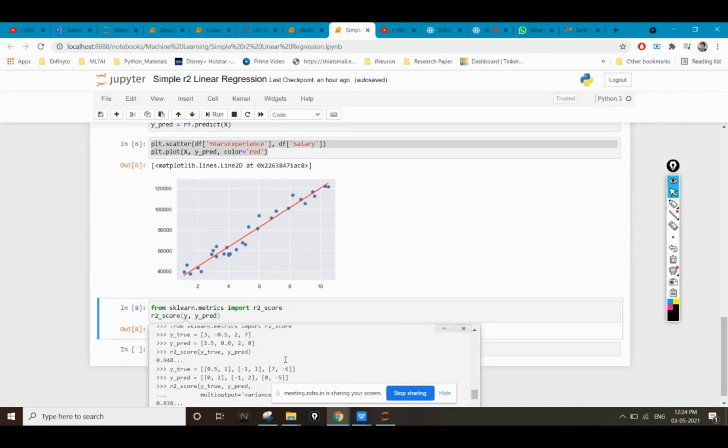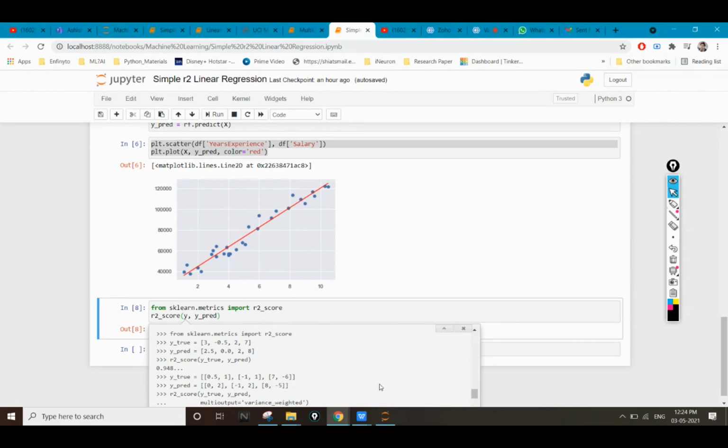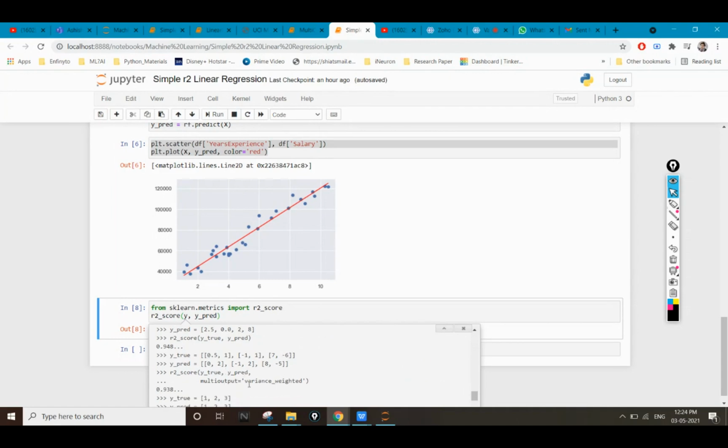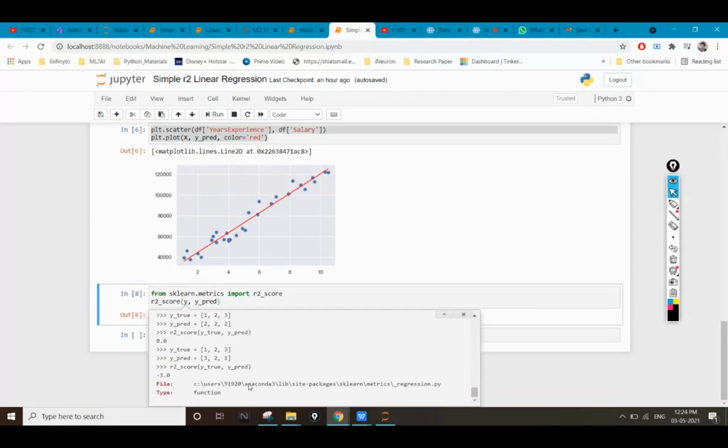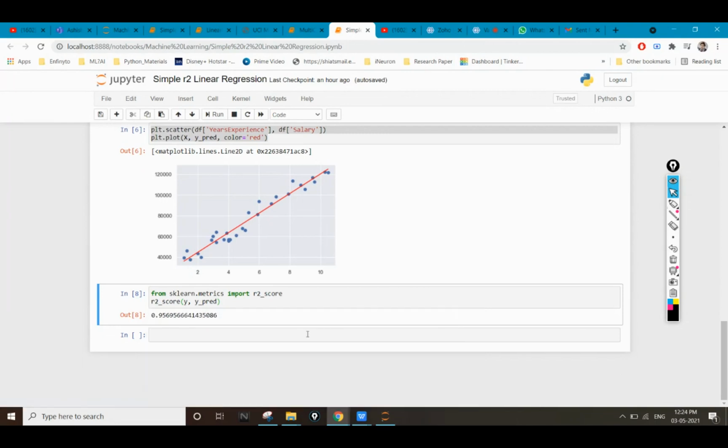See here, we have given some examples in the chat also, in this shift tab also. So you can see that we are taking y true values, then y predicted values, and we are taking the R square value. So you can have a look at here also. If none of the values is matching, then we'll have 0 result. And if all the values are matching, then we'll have a maximum value of 1. So 1 means our model is exactly fitting the actual values. Now, in this case, we are getting an accuracy of 95%.